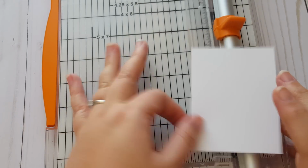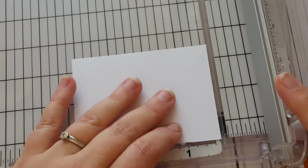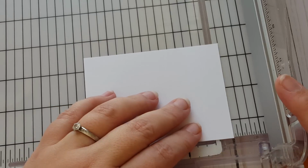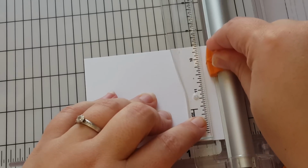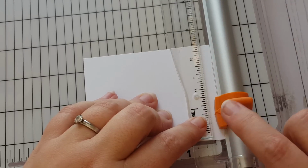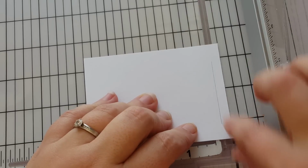Okay. Next step then, so I'm using my trimmer to do this, okay? This is my cut line right here. Right here is 1/4 of an inch. I'm going to put my paper on that line. I'm going to put my blade to the center of the paper, and then I'm just going to run along the edge and not cut all the way to the